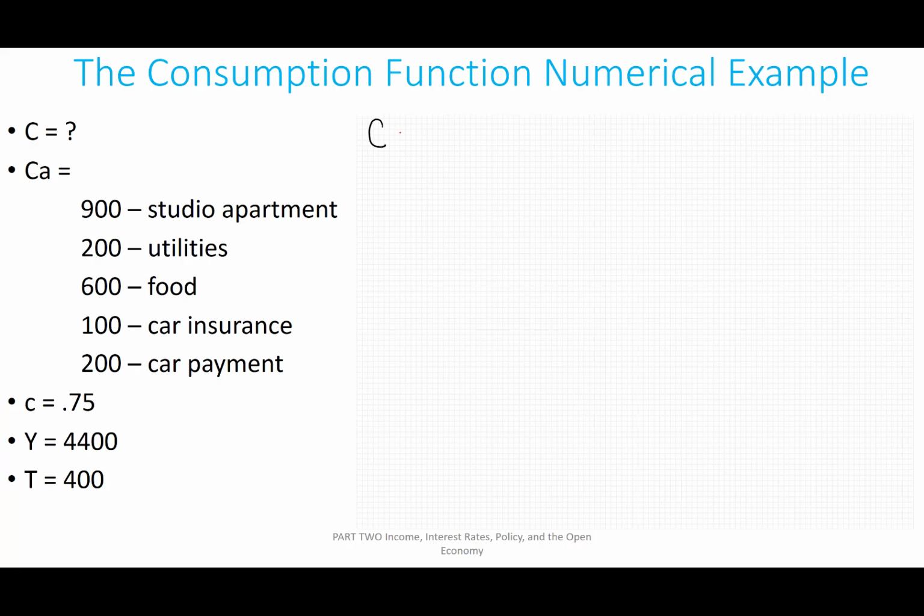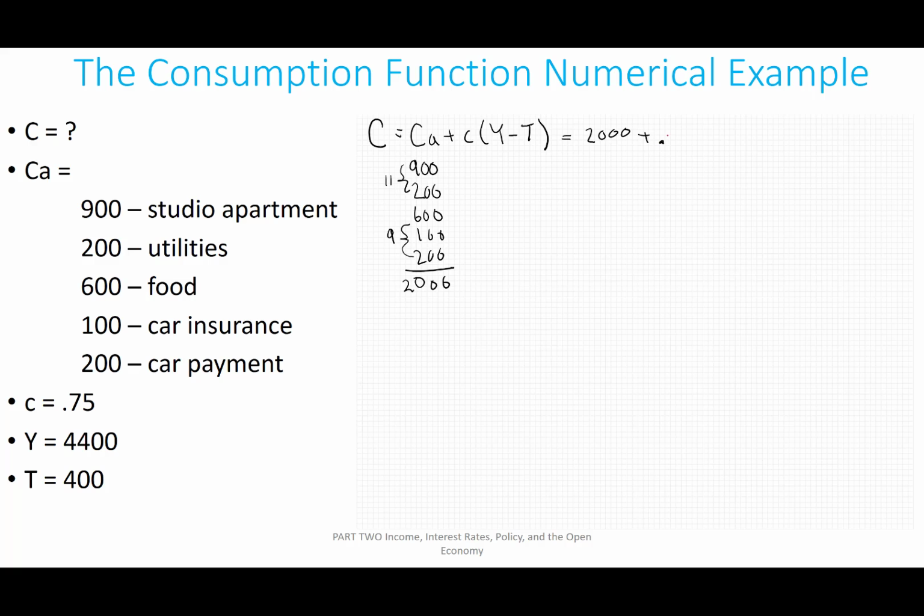We know that C is equal to CA plus c, Y minus T. Our autonomous consumption is made up of 900, 200, 600, 100, and 200. Adding these up, 6 plus 2 is 8, plus 1 is 9, and 9 plus 2 is 11. 11 and 9, that's 20. Our autonomous consumption is 2,000